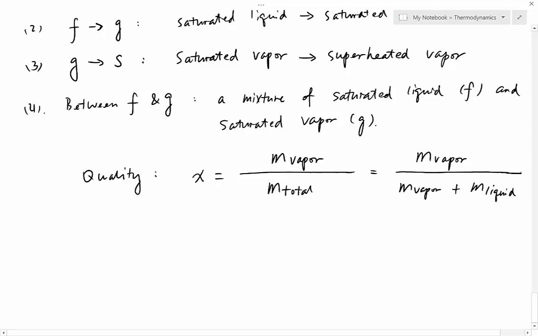So it tells you the percentage that the vapor takes up in terms of mass. So for example, if I tell you the quality of this mixture is 20%, what does that mean? That means 20% of the total mass comes from vapor and 80% of the total mass comes from liquid. Okay? Quality X tells you the percentage of vapor in the mixture in terms of mass. Okay,